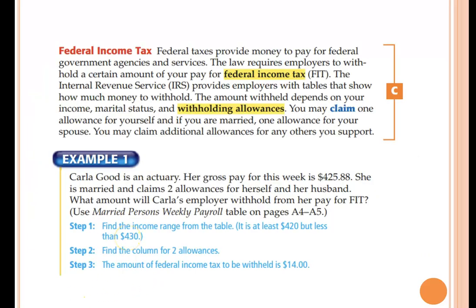So, federal taxes provide money to pay for federal government agencies and services. The law requires employers to withhold a certain amount of pay for federal income tax. The Internal Revenue Service provides employers with the tables that show how much money to withhold. The amount withheld depends on your income, marital status, and withholding allowances. You may claim one allowance for yourself, if you are married one allowance for your spouse,